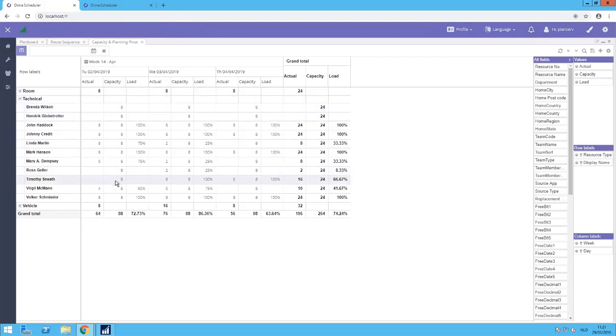Then we have the capacity, which is coming from the back office application in this case. So the capacity was created in Business Central and then sent over to Dime.Scheduler. And then we have the loads, which is the capacity measured against the actuals. So in that case, this is 100%. Why? Because we have 8 hours planned, we have an 8-hour capacity. In the case of Linda, you can see here, we still have some capacity left, so there's a load of